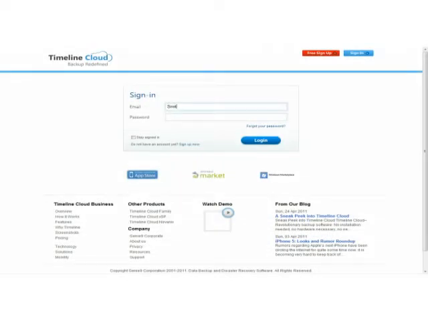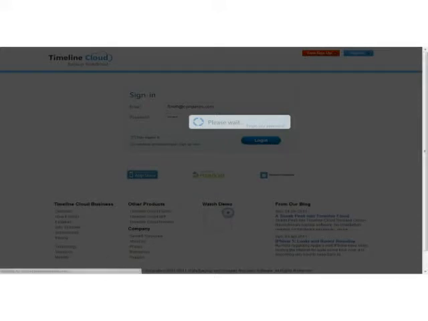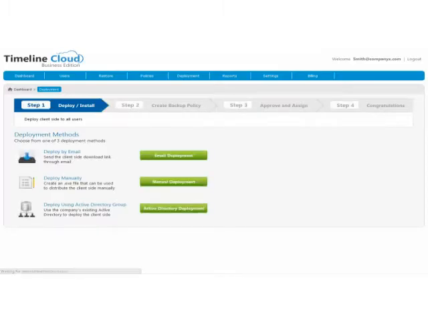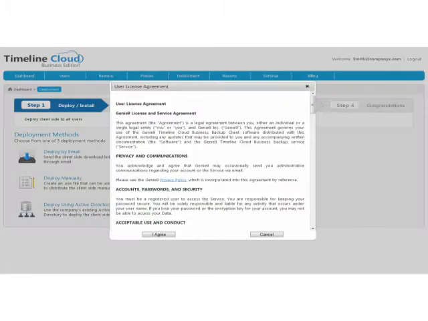Getting started is easy. In just 5 minutes, you can start protecting your company. Sign up online and your company's protection level will reach 100% after a few simple steps. After you subscribe and log in to the management console, you are greeted with a simple wizard that will walk you through the process. First, choose from one of 3 deployment methods and deploy to all of your computers in